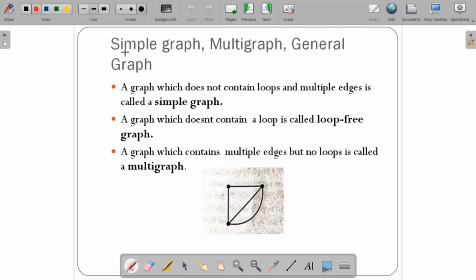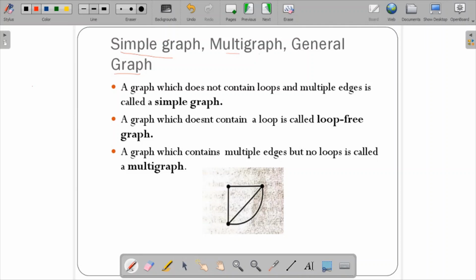Next concept is based on the simple graph, multi-graph and the general graph. If you see the previous diagram, it actually contains a loop as well as multiple edges. A simple graph is nothing but a graph which does not contain any loop and multiple edges.